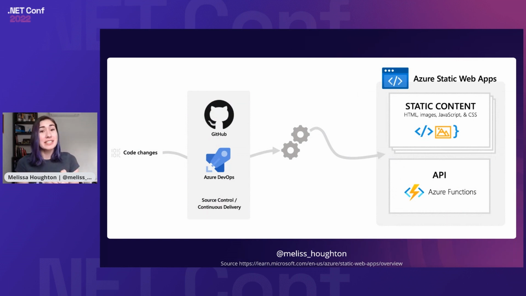But the way it works is it links up using your GitHub Actions or other pipelines directly into your code repository so that when you push your changes, it deploys it directly to Azure. It takes care of that hosting for you because it's a serverless solution, and it makes it really quick to have that turnaround time to get your applications out to market a lot quicker.